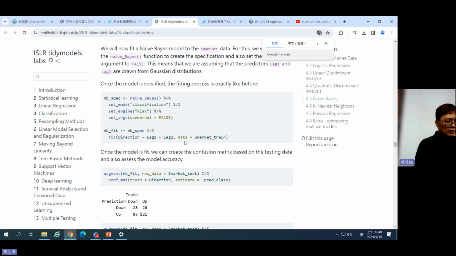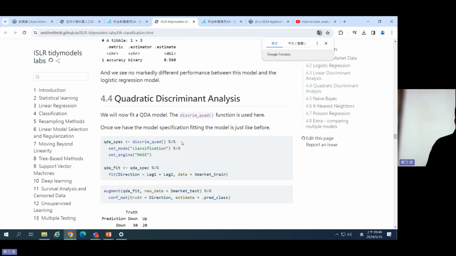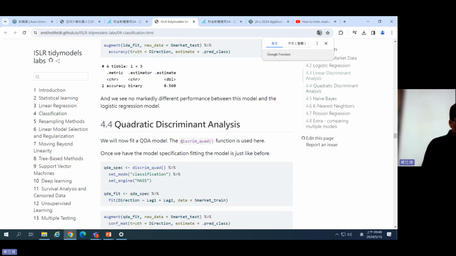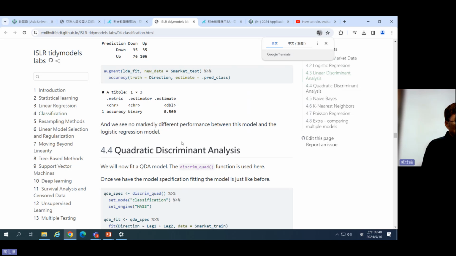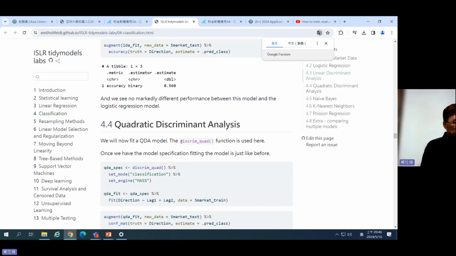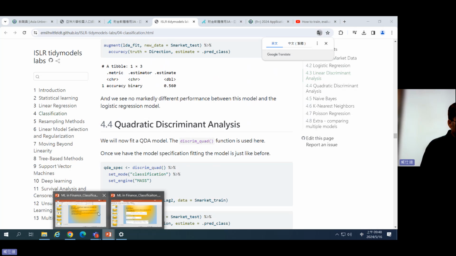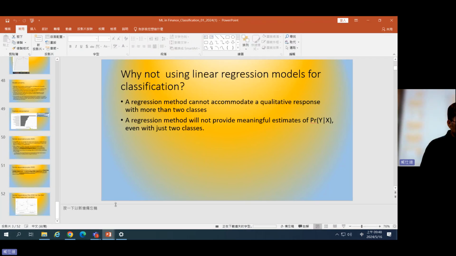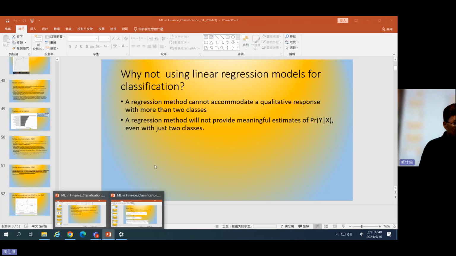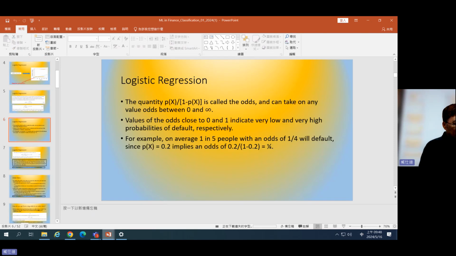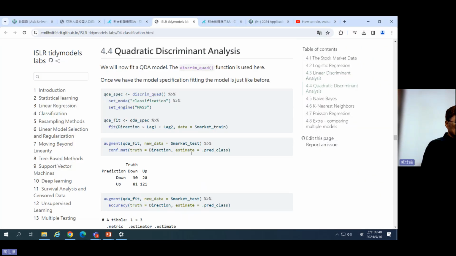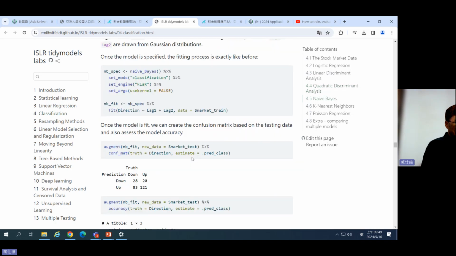And of course, we also have some assumptions for LDA and QDA. So you can see there are some special requirements for LDA and QDA. We mentioned that before, so we will cover that again. But this is what we have discussed here. So this example is great. And finally,